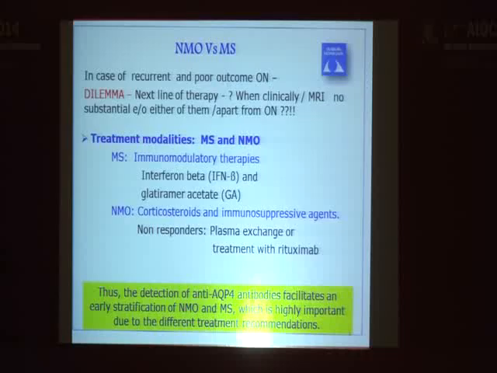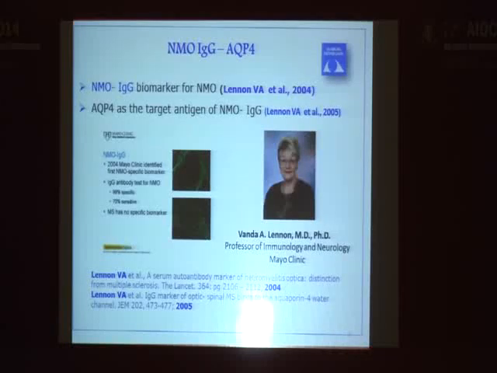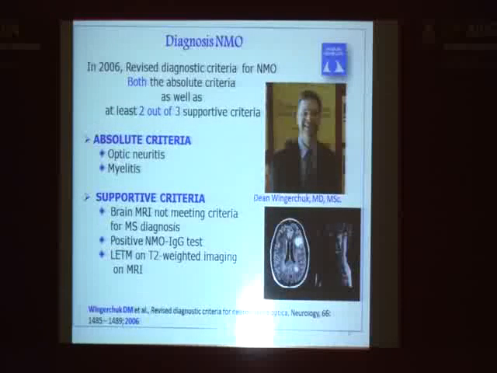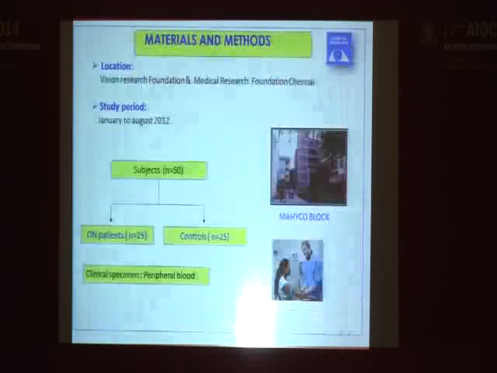When clinically we do not have any evidence along with the MRI proven evidence of these two diseases, it is slightly difficult to group these optic neuritis patients. So that is the aim of going into this particular antibody assay, just to stratify which one of them can be heading towards one of these two disorders. Ever since Lennon came up with this antibody in 2004, and Wingerchuk used this as one of the supportive criteria to detect NMO, the importance of this antibody is in vogue. So we did this in our Medical Research Foundation.